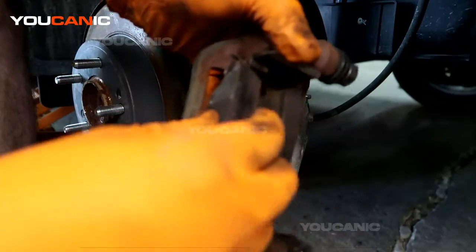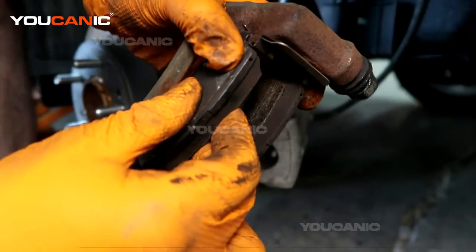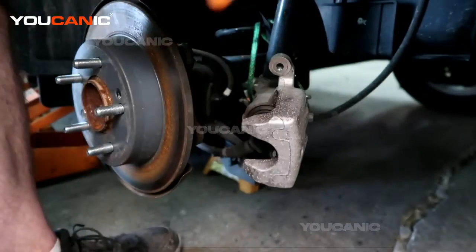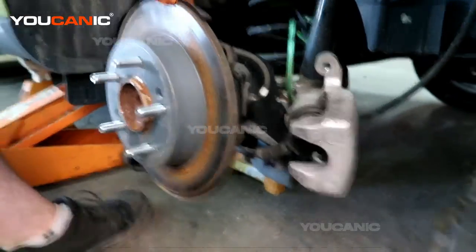We can do the same with the other one, and we can just get this preloaded and ready to go. And we have that ready. Now, for replacing the rotor,